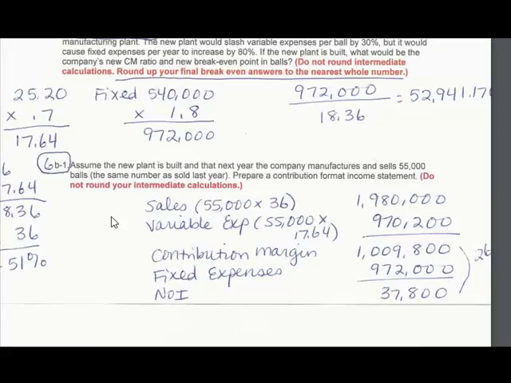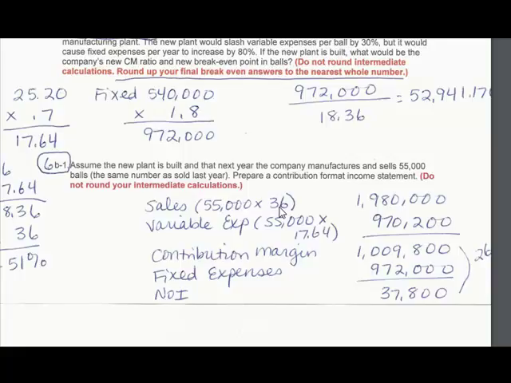Finally, in part 6B1, it asks us to prepare a contribution format income statement based on the company selling 55,000 balls, and based upon the new plant being built, which means our fixed expenses are going up to this amount, and our variable expense per unit will be the amount we calculated in Part 5. So I've gone ahead and prepared that